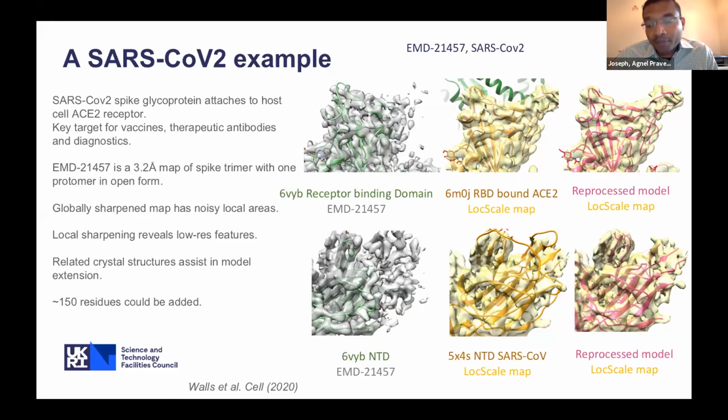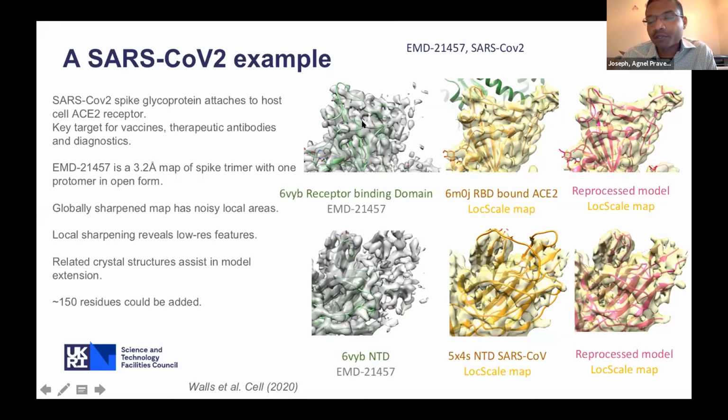So we have the map and the model deposited in the EMDB and PDB databases. If you look at the map, it is globally sharpened. As I mentioned before, a globally sharpened map may not be optimal for local areas of the map. It can end up over sharpening or over blurring areas of the map, depending on the local resolution. If you can see my mouse cursor, look at the first